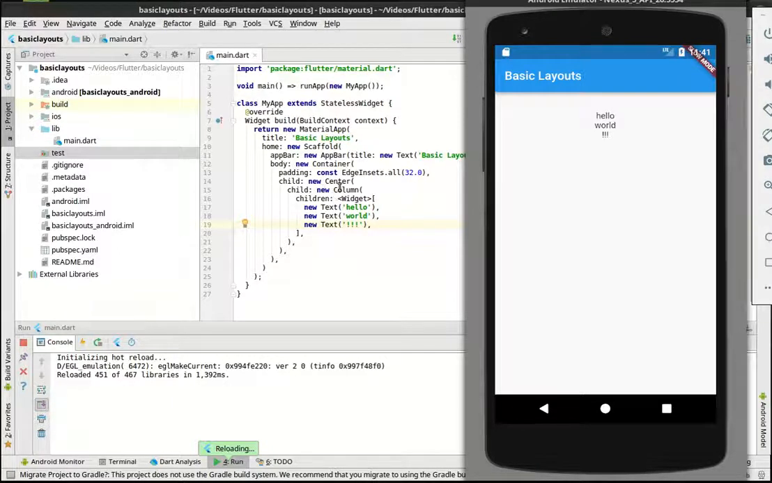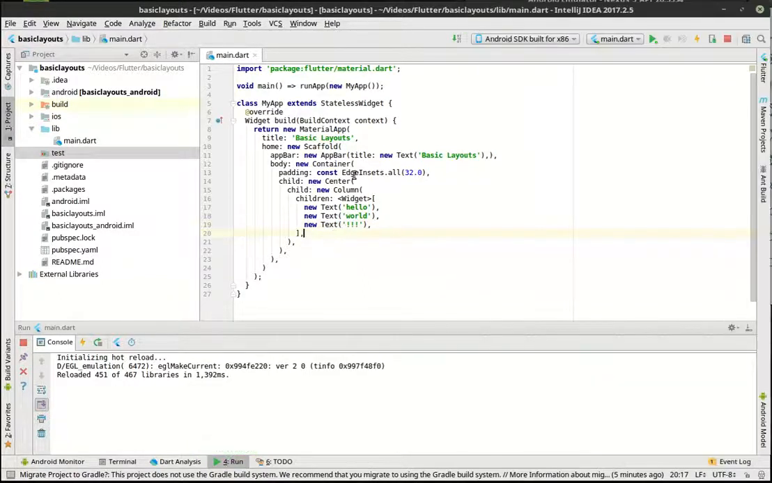Now, in that center, we have a child called a column. The column does top to bottom. The widgets that we have in there are three texts: hello, and hello, world, and then the exclamation. So bang, bang, bang, there's our three. Pretty simple, pretty easy to use a column, but as you can see, our text starts getting a little crazy, and the tab markers, these lines, keep going out and out and out and out,